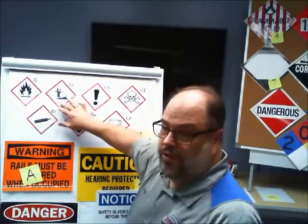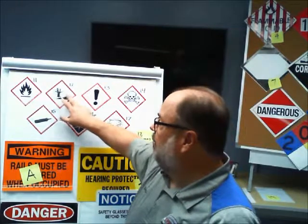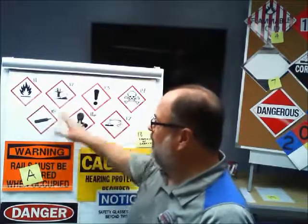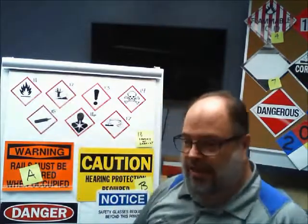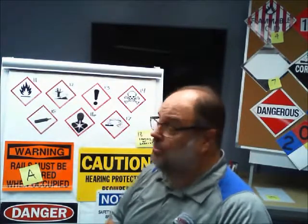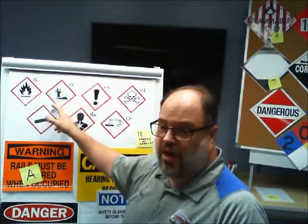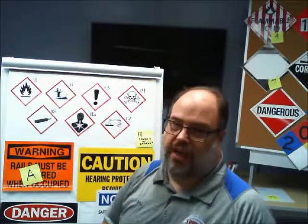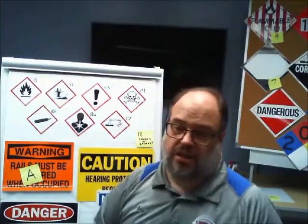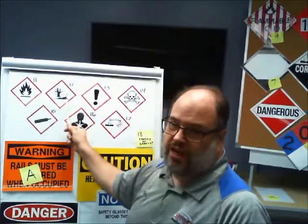If you see this one, number 12, hopefully you can see a good picture of this right here. We've got a fish upside down. I don't know if he's just jumping out of the water, I don't think so, or if he's falling out of the tree. Fact is, we call this the dead fish, dead tree symbol, and what it actually means is that this item that this is marking is environmentally unfriendly. Okay, it means it's bad for the environment. It kills fish, it kills trees, it's bad for marine life. If something was a marine pollutant, it would have to have that sign